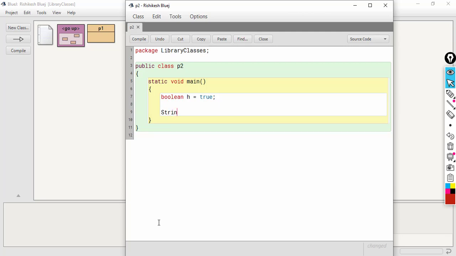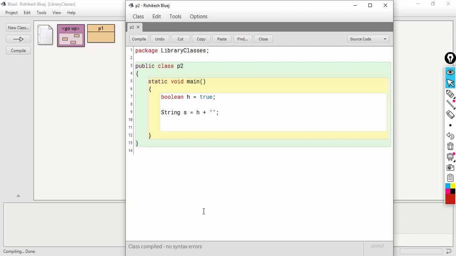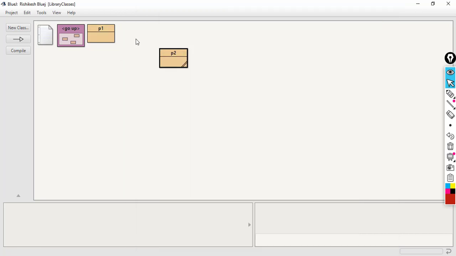So what I can do is I will simply add a boolean value with an empty string. So what will happen? That true will be converted into a string. If I compile this, you see that I do not get any error, and if I print it, it will print the value of S, that is string true.